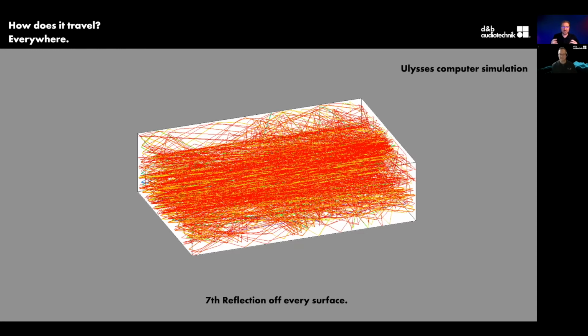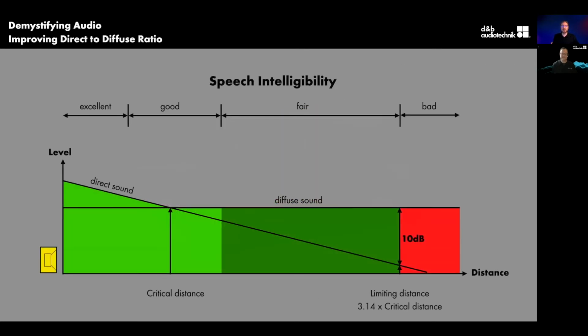So this is really the key portion. We can have the best sounding sound system with the cleanest signal path, but the biggest problem is always between the loudspeaker and the listener. So how can we improve our direct to diffuse ratio? What you see on the screen is a graph of how the direct to diffuse ratio works. We have our direct sound here, and we have our level of the diffuse field.